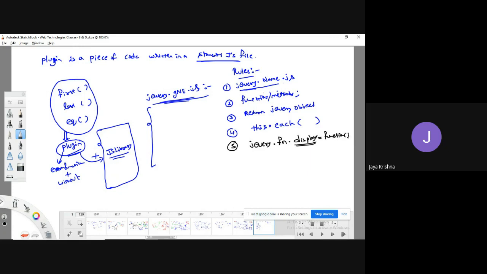You already know this syntax, as in JavaScript we have seen three ways of writing a function. The function name is display, so don't think it is an unnamed function, but you have to follow this syntax: jQuery dot fn dot function name. These are the set of rules you have to follow.